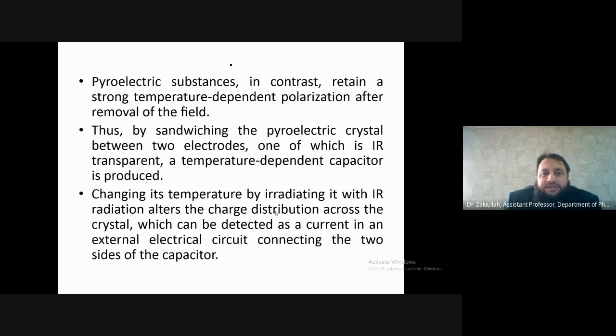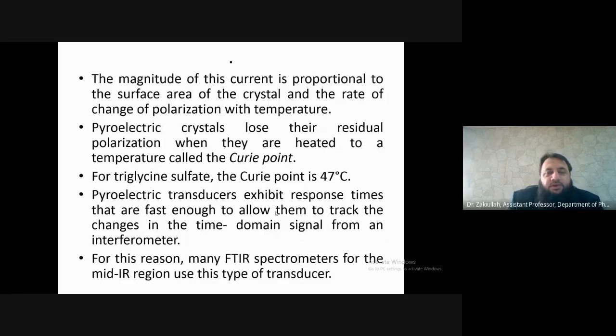Thus by sandwiching the pyroelectric crystal between two electrodes, one of which is IR transparent, a temperature-dependent capacitor is produced. Changing its temperature by irradiating it with IR radiation alters the charge distribution across the crystal, which can be detected as a current in an external electrical circuit connecting the two sides of the capacitor. Hope it will be clear. Let me know if there is any ambiguity. The magnitude of this current is proportional to the surface area of the crystal and